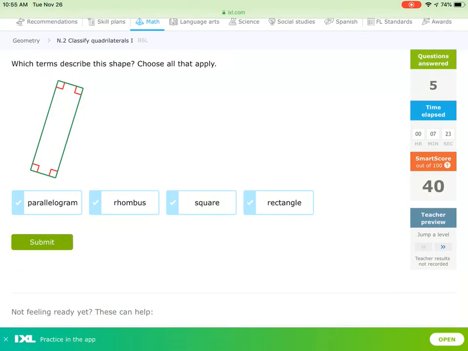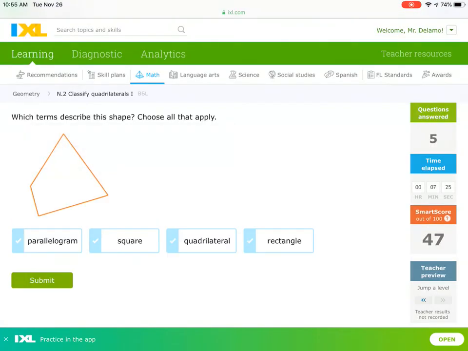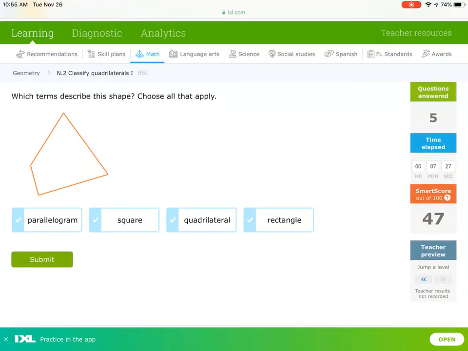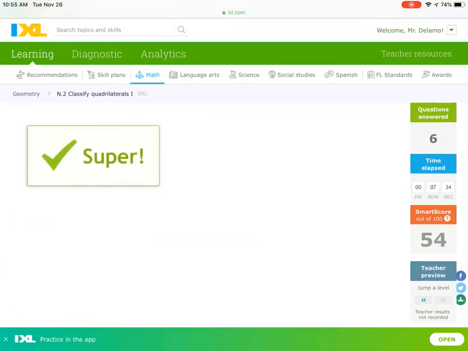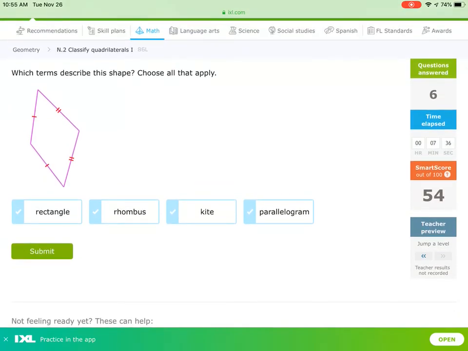Okay, let's move up a level. Oh, this is a good one. We don't have any information. The best we can do here is just say it's a quadrilateral. Okay, and then this is a new one. So this is called a kite. And the reason it's a kite is because